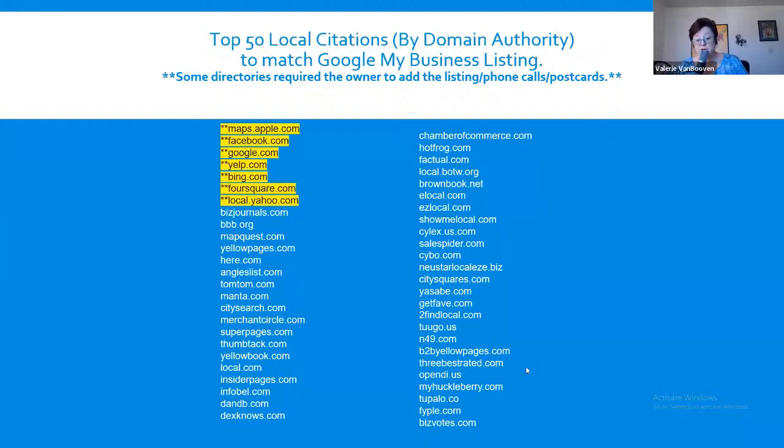So you can take a screenshot of this, make sure your business is listed correctly on all 50 of these, and that will help you tremendously. Make sure your business is listed correctly. We do this in an automated fashion. We do not do this by hand. We have someone else do this for us because it is time-consuming,